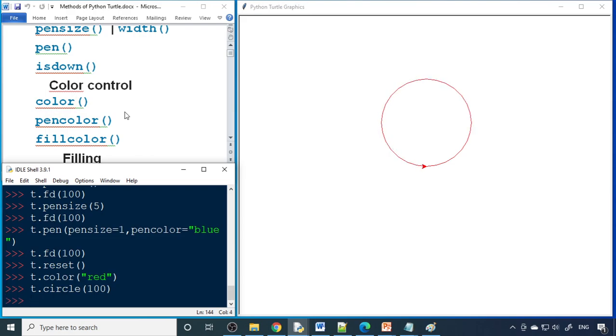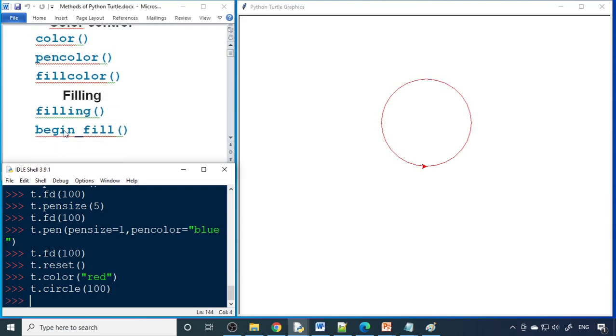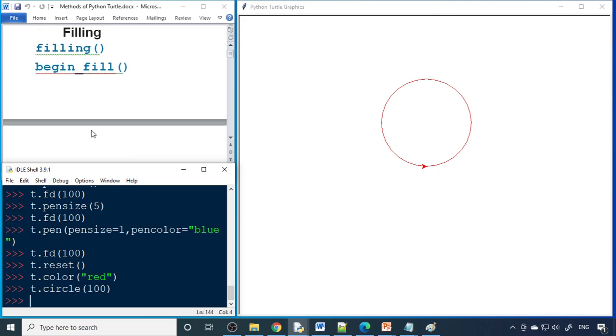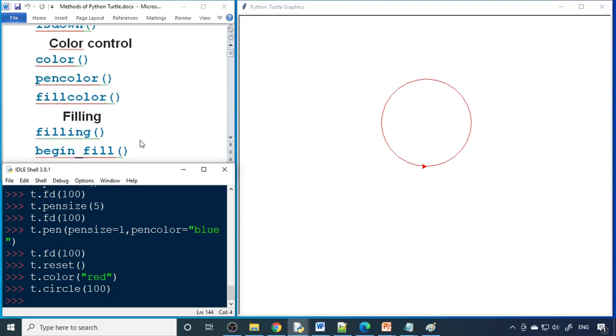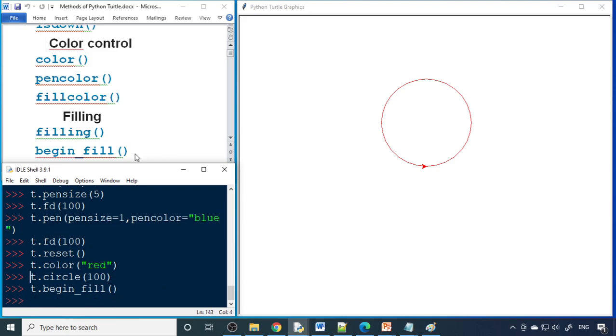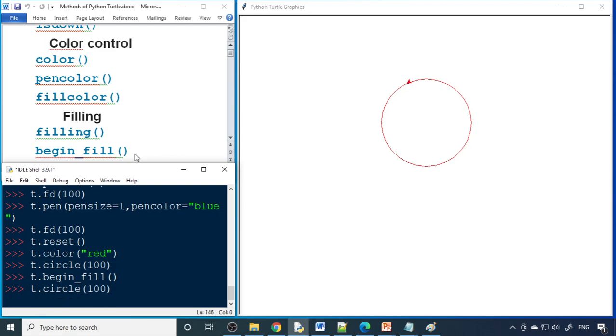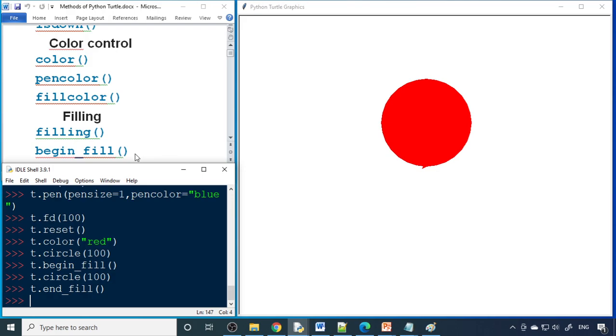But if you want to fill the circle, then you have to use the begin fill and the end fill. So therefore before drawing the circle, you have to say t dot begin fill. Then you have to draw the circle. Right. So then you have to end fill. So it makes the color.